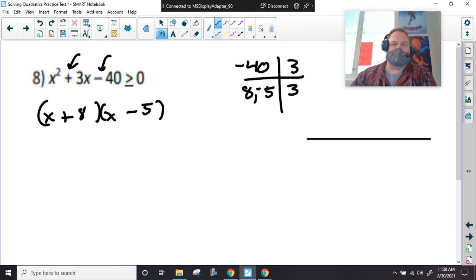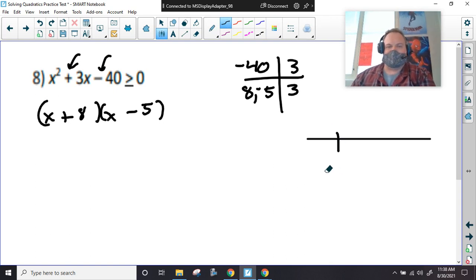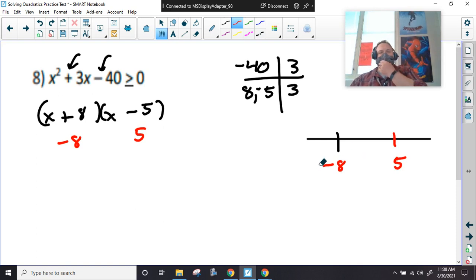All right. So, -8, 5. All right. So, I've got to find some points in each of these little regions to test. I can test -9. What's an easy number right here in the middle? Okay. And then this one could be 6. Now,